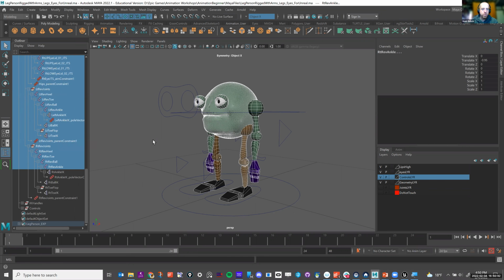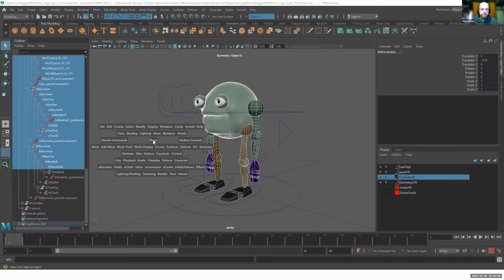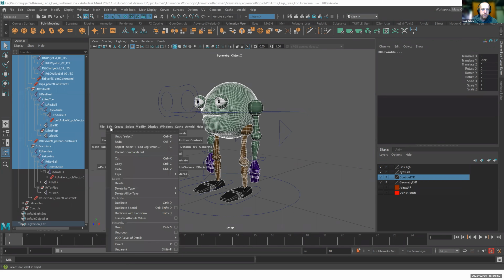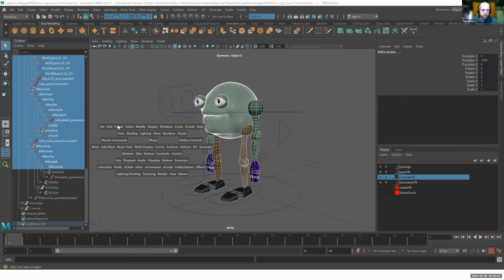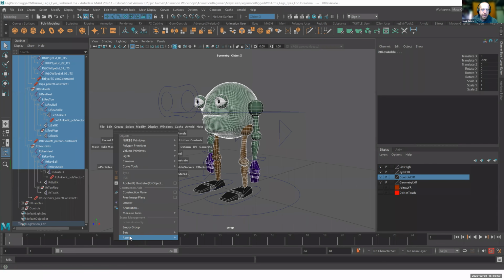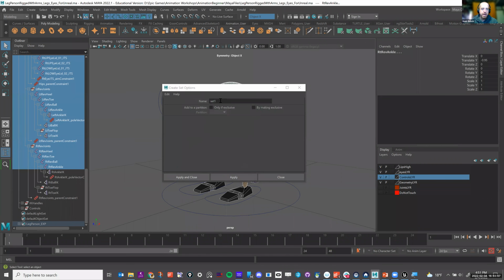Then I go into Edit, and then Create. Under Sets, I'm going to create a set, but I'm not just going to create a set. I'm going to click on the option box, and that gives me the options.